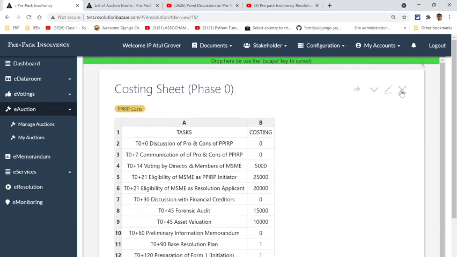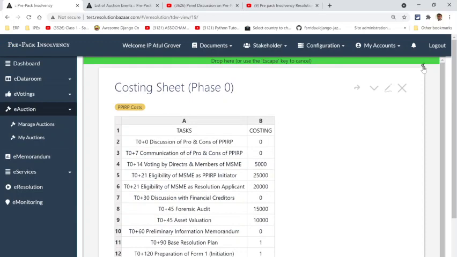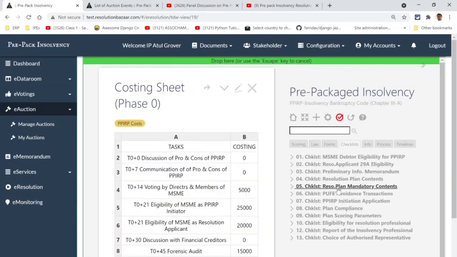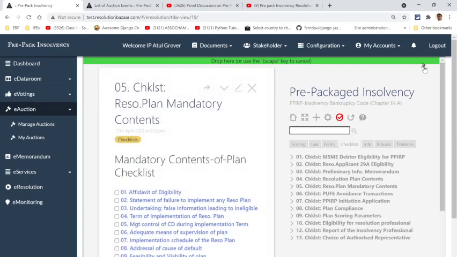However, not only do you require some basic information in the resolution plan, you will also have to have some mandatory contents as per law.